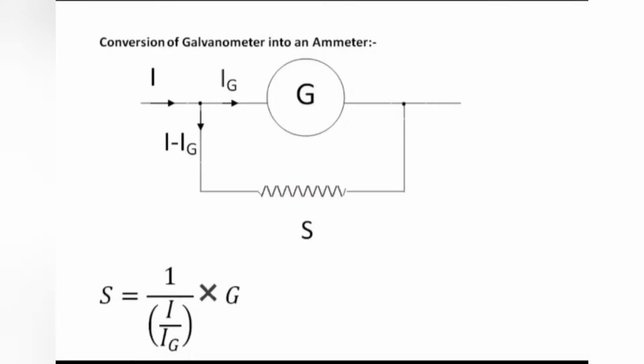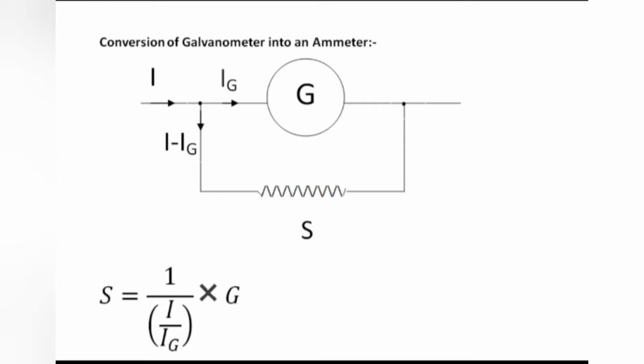So, before we start doing the numericals, I think it would be very helpful if you go through the theory portions very briefly. A galvanometer is shown in the figure by the symbol G. Now to convert it into an ammeter, to measure a current I, we need to connect a very small resistance S in parallel with the galvanometer G. S is also known as the shunt resistance.